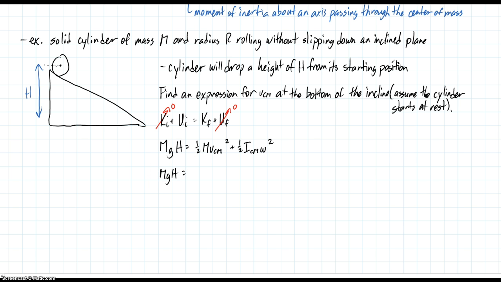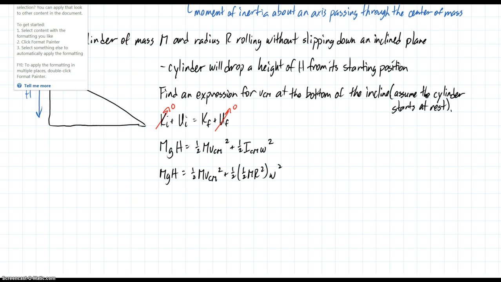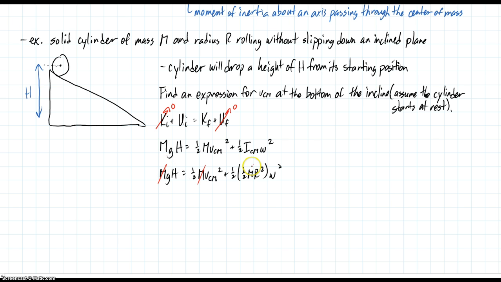We can look up in the table on page 210 of the textbook that the moment of inertia of a solid cylinder rotating about a central axis is 1/2 mr squared. Notice that we can factor out an m on the right-hand side, and so all of those m's will cancel. And furthermore, if the cylinder is rolling without slipping,